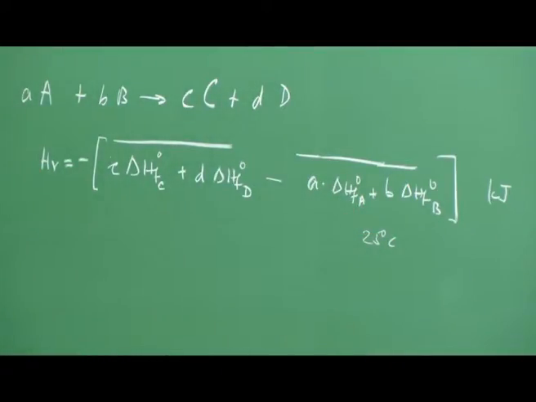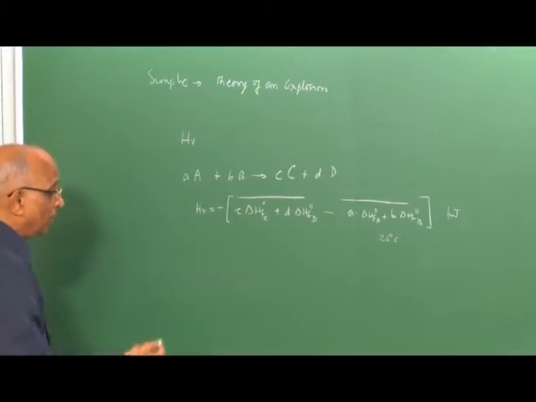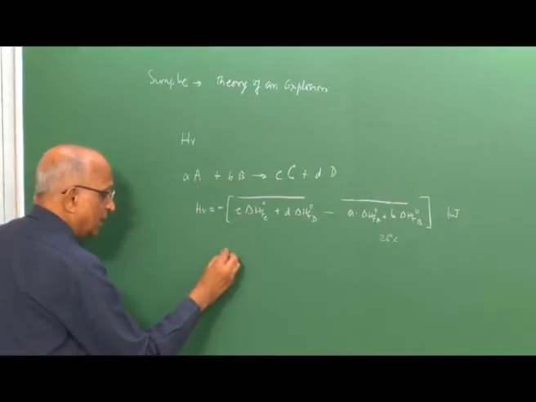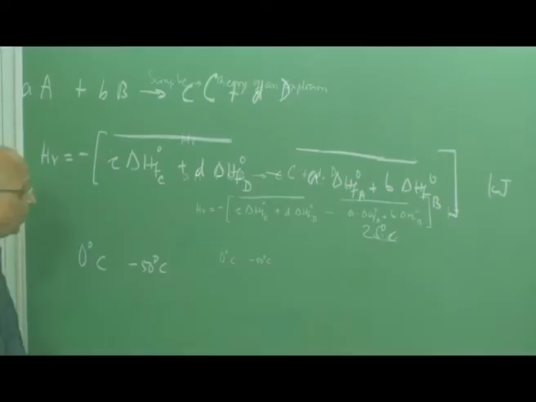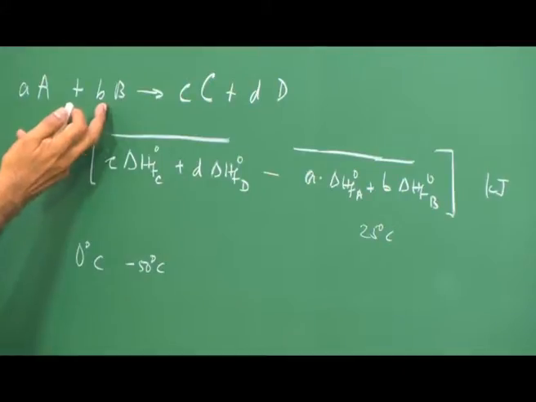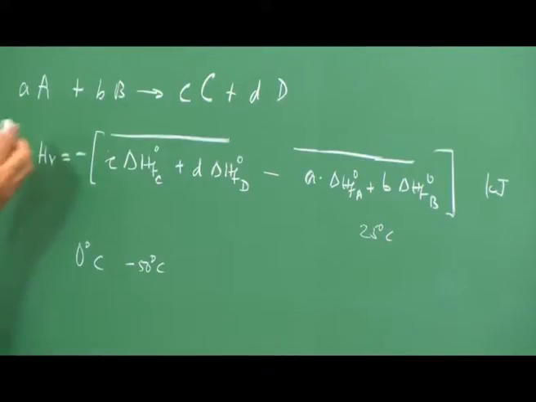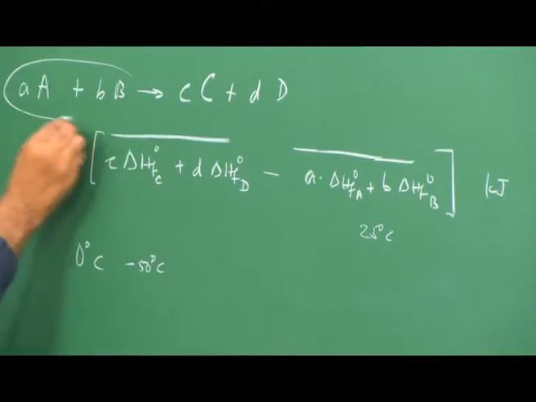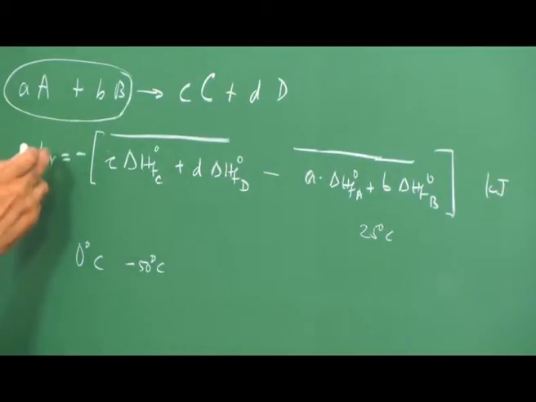Now, the question comes, well, the reactant could be at a different condition, maybe in a very cold climate. The reactant could be at 0 degrees centigrade or even minus 50 degrees centigrade under different conditions. Well, the reactants need not always be a gas like at 25 degrees, it could also be a liquid, like you could have liquid hydrogen reacting with liquid oxygen. Therefore, if the reactants are not at the standard condition like what is specified here, how do you interpret or how do you calculate the heat of a reaction?